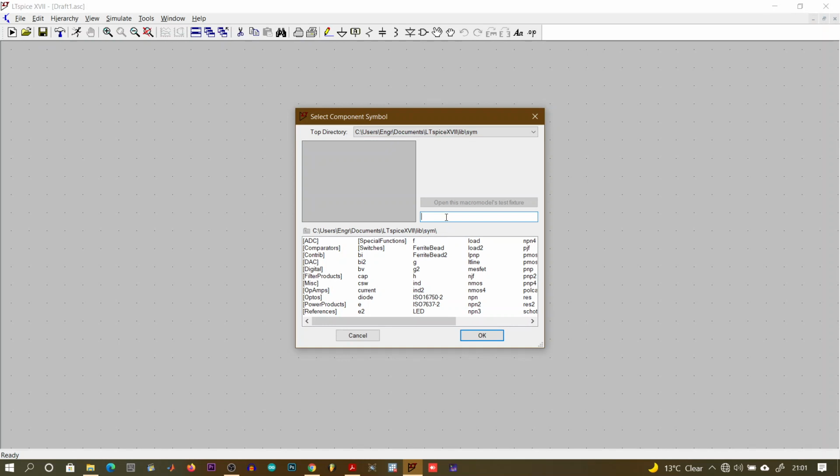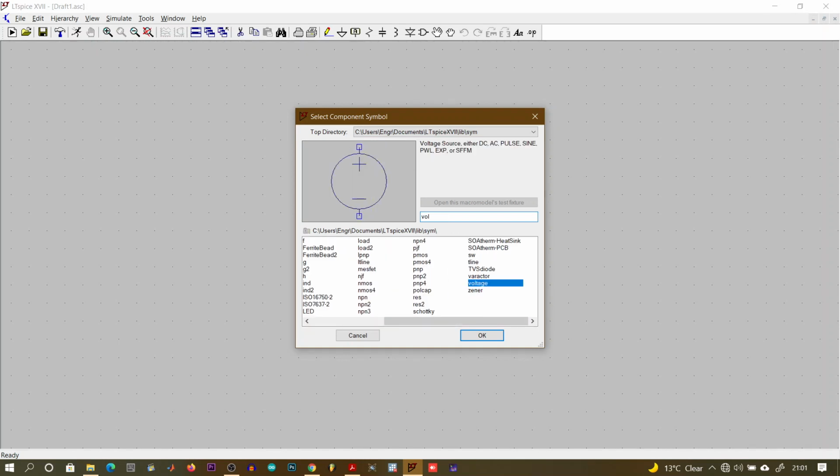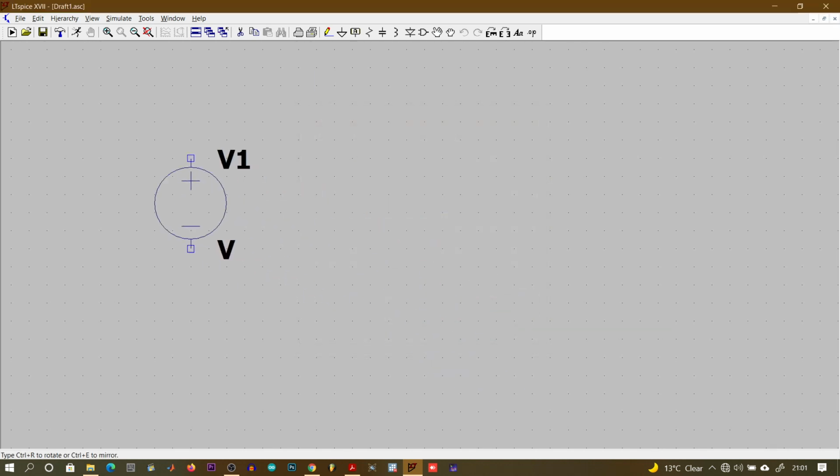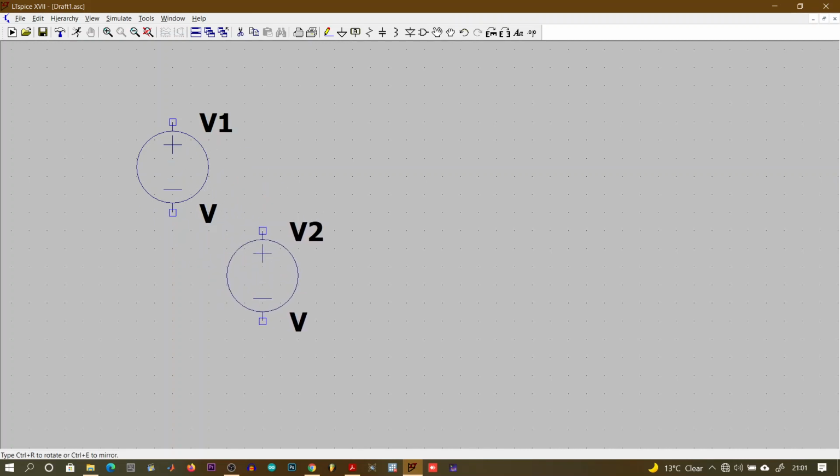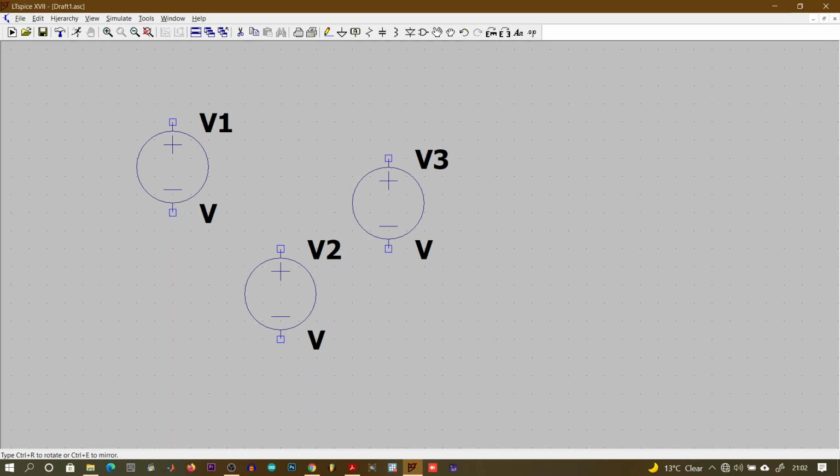All right. So I'll start with a new component. Just follow along with me. To include a voltage source, a DC voltage, I'll just type the voltage, then say OK, and put it here. Now, if I want to use two inputs, making one high and one low, I'll use two voltage sources. So I'll use this and this. Then if you want to take away this component, you just press